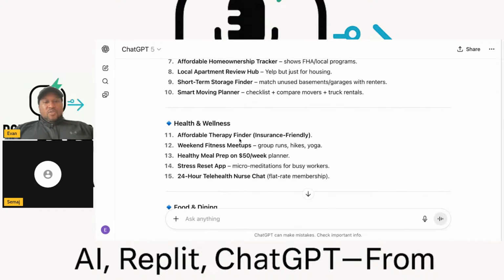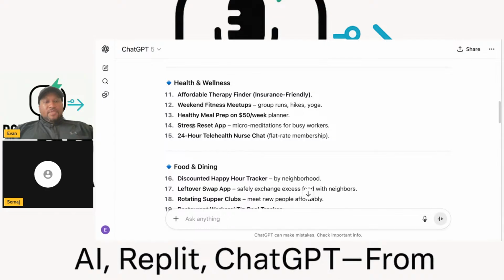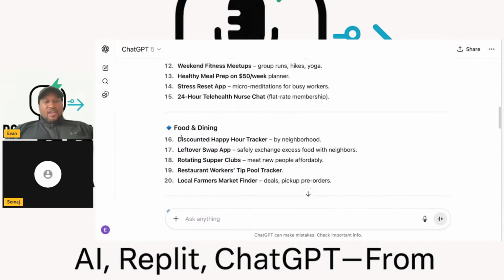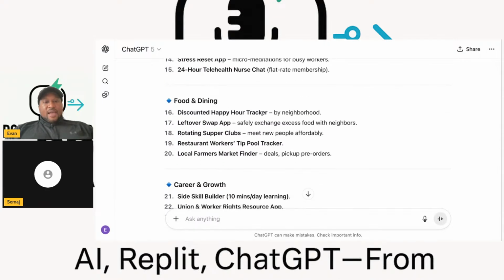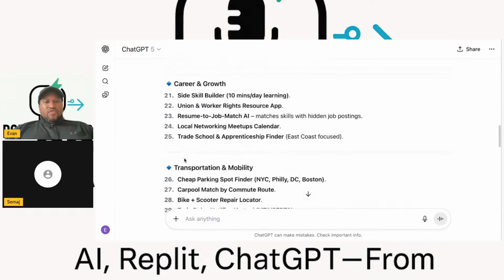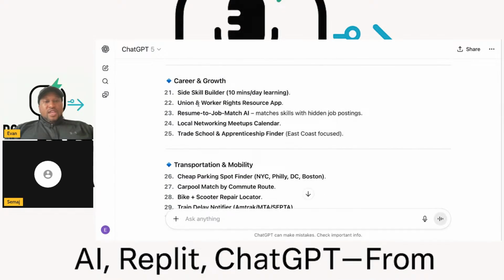Health and wellness: affordable therapy finder, weekend fitness meetup, healthy meal prep, stress reset, healthcare nurse chat, discounted happy hour, leftover swap app, rotating supper clubs, restaurant workers tip pool, local farmer market. Side hustle: union and worker rights resource app, resume to job match.